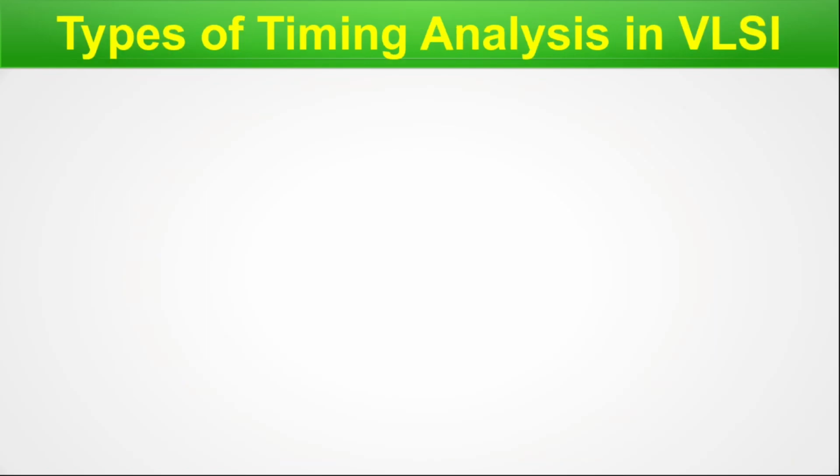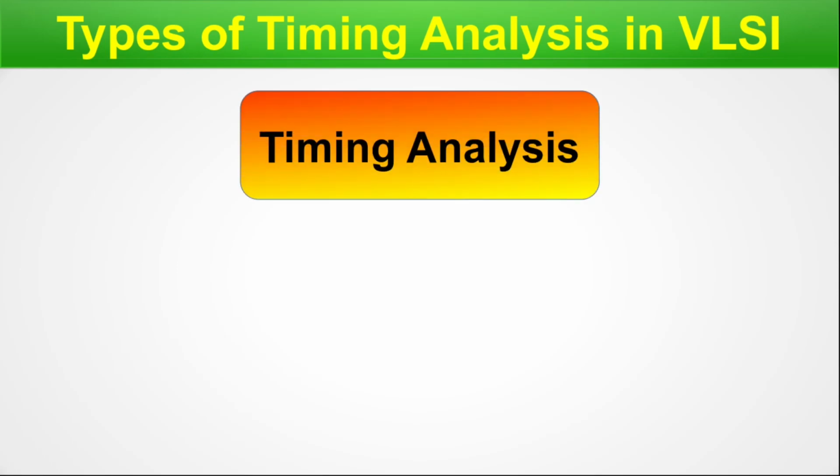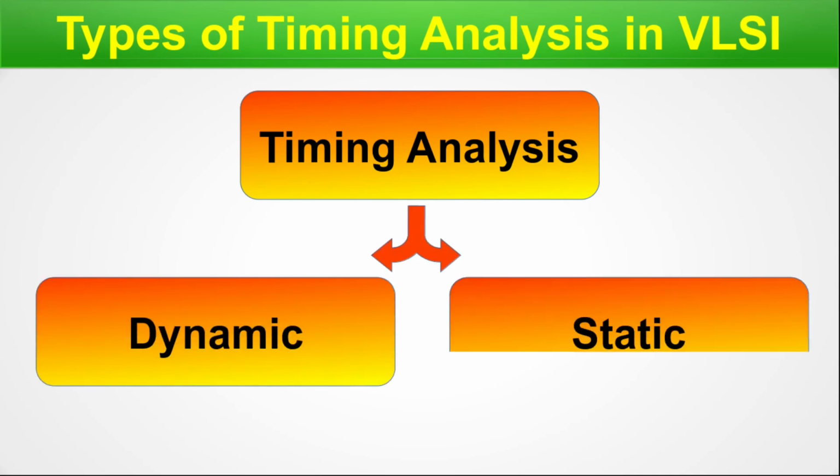Let's move on. Types of timing analysis in VLSI. In this slide, you will be introduced to the two types of timing analysis practiced over the varied landscape of VLSI. Now we start with a chart. Timing analysis can be divided into dynamic and static. Now, the word dynamic means that time is involved during the analysis or simulation process. That is, we actively include time by hand in the simulation setup for dynamic analysis.